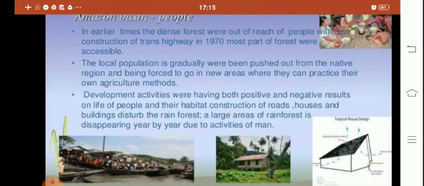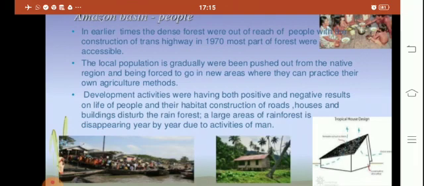Aircraft and helicopters are also used for reaching various places. The indigenous people were pushed out. The developmental activities are leading to the gradual destruction of the biologically diverse rainforests, and it is estimated that a large area of the rainforest has disappeared